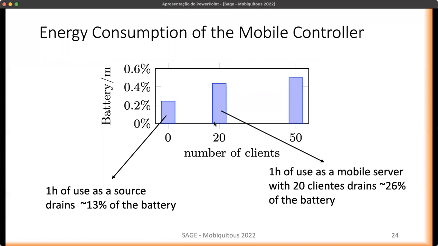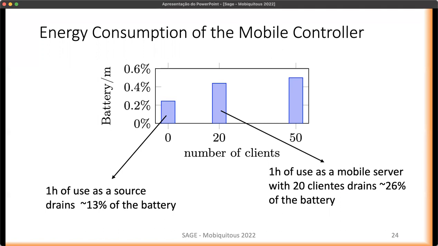When it is also used as a server, we see an increase of almost double the battery consumption. Here, used as a server serving 20 clients, we have in fact doubled the battery consumption. So 20 clients is already a considerable number for a single mobile device.